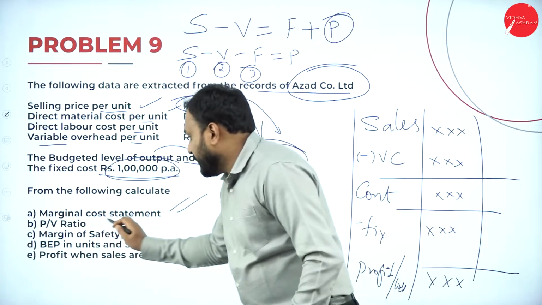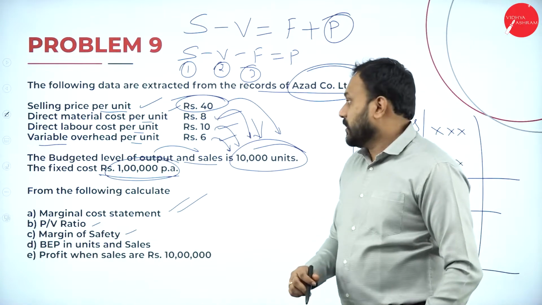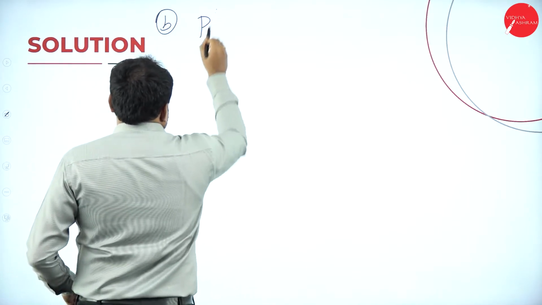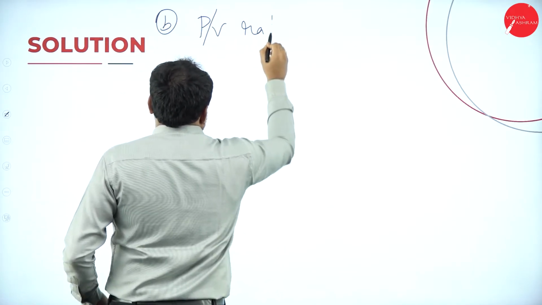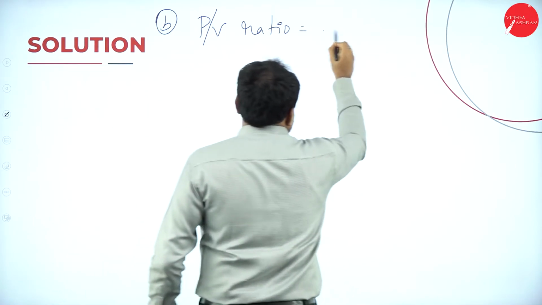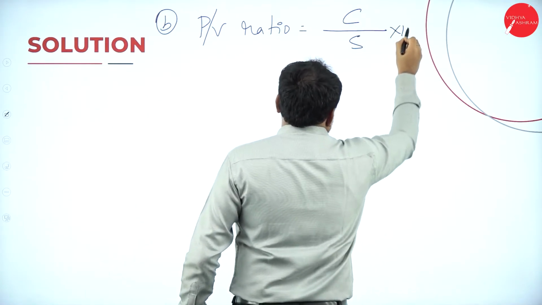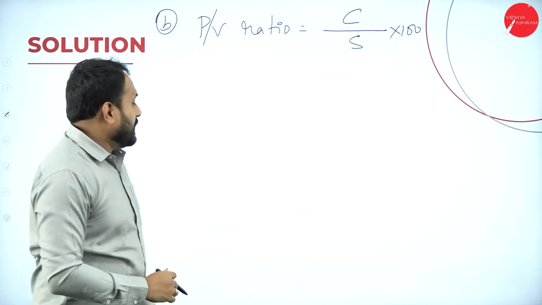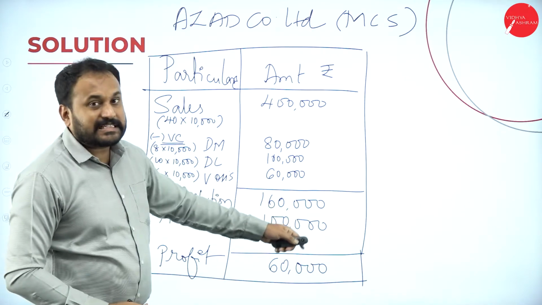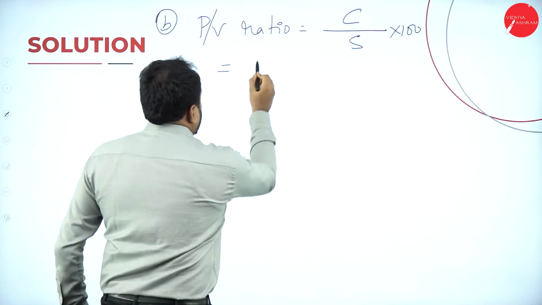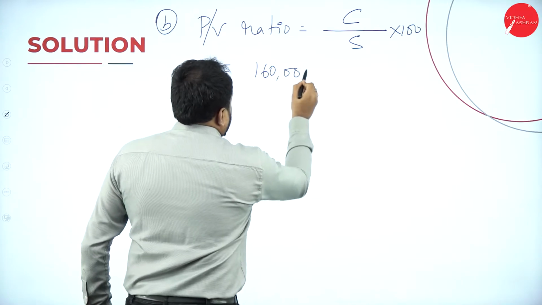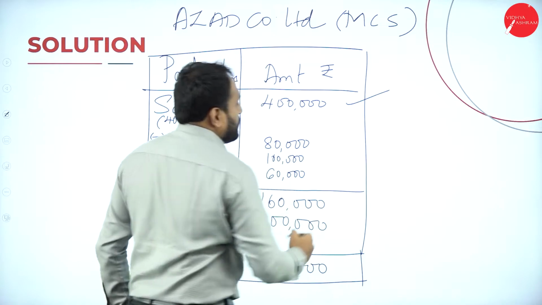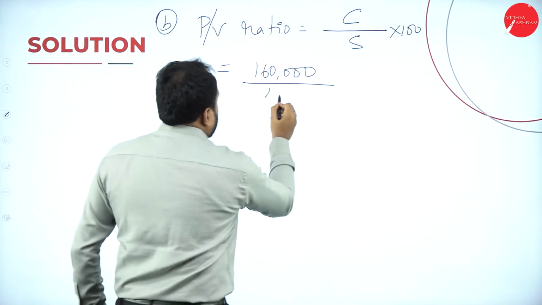Next is what? PV ratio and margin of safety. Now we'll go with PV ratio. PV ratio is equal to C by S into 100. Now what is my contribution? We have only got it in our statement. Contribution is 1,60,000. So I'll write here 1,60,000 divided by, what is our sales? Here the sales is given, that is 4 lakh. So we'll write here 4 lakh